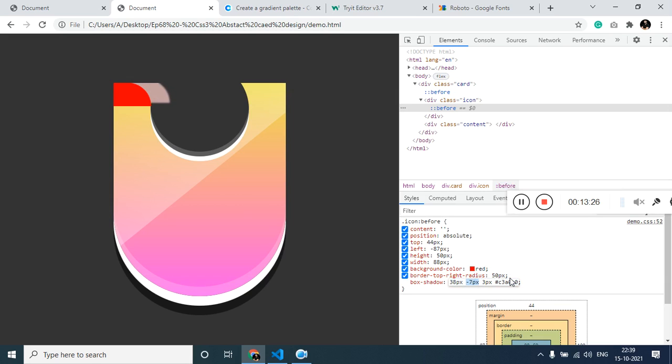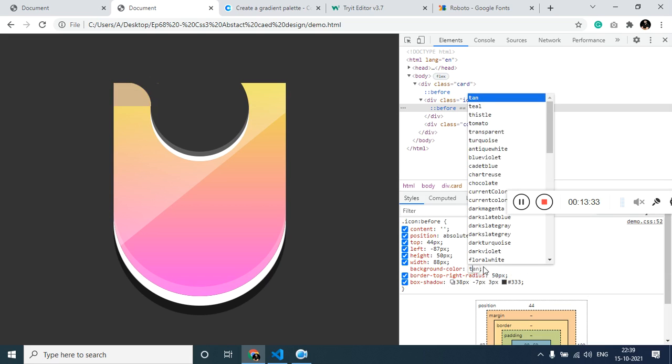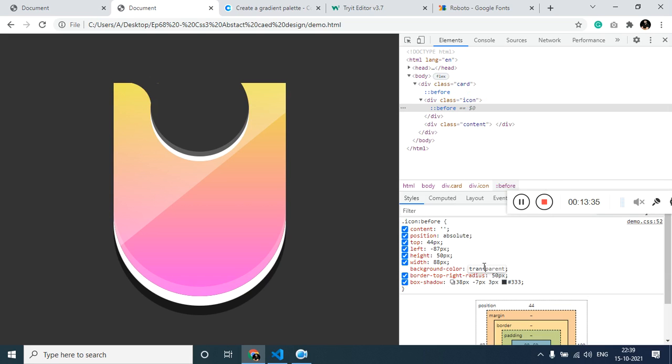Cool, now you can see we can clearly see this now. 333, and we have to make this transparent. Cool, transparent is working. If you want, you can simply again work with the left and right according to you,